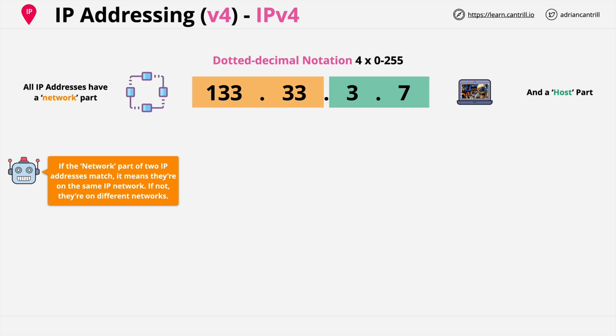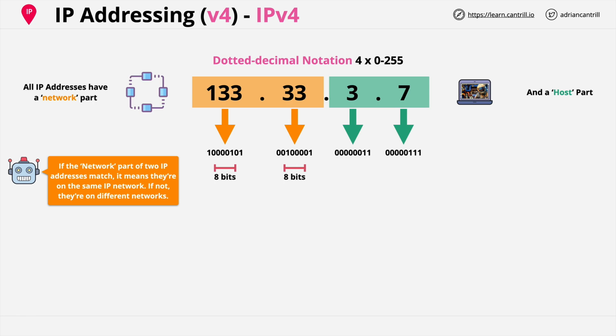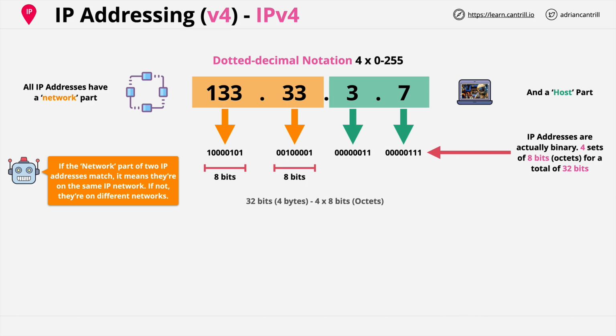Now IP addresses are not actually dotted decimal. That's how they're represented for humans. They're actually binary numbers. Each decimal part of the IP address is an 8-bit binary number. There are 4 of these per IP version 4 address, and this means that an entire IP address is 32 bits in size, so 4 sets of 8 bits, and each of these 8 bits is known as an octet. You might hear somebody refer to, say, the first and second octet of an IP address, and this is always read left to right. So the first octet in this example is 133, or in binary